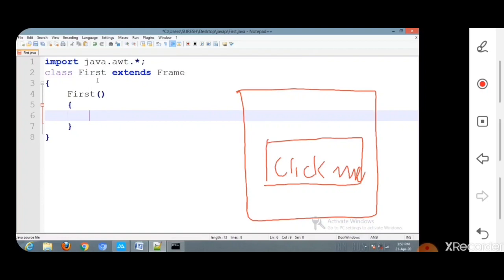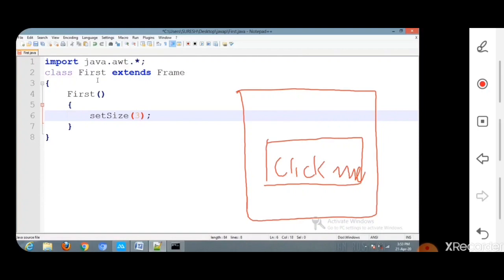First of all, we have to create a frame. So we have to fix the frame size, that is, the width and height. The method used to set the frame height and width is setSize. So we can use the setSize method with parameters. The setSize method has two parameters, which we have seen in the previous session, int width and int height, both of type integer.